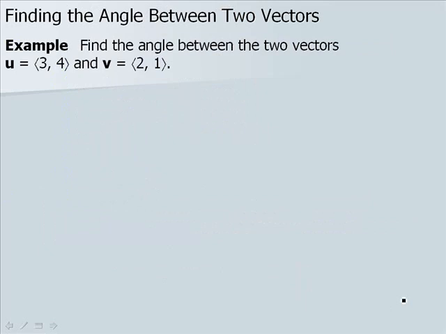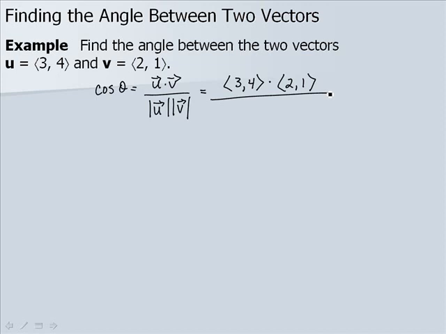In this example, we want to find the angle between the two vectors u and v. So remember that we have the cosine of theta is equal to u dot v over the magnitude of u times the magnitude of v. So u dot v will be 3,4 dot 2,1,